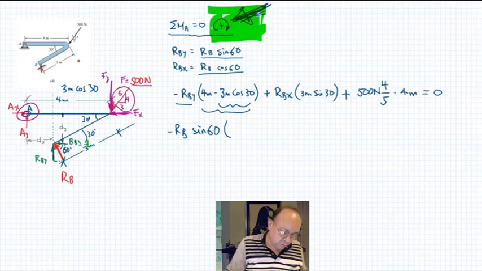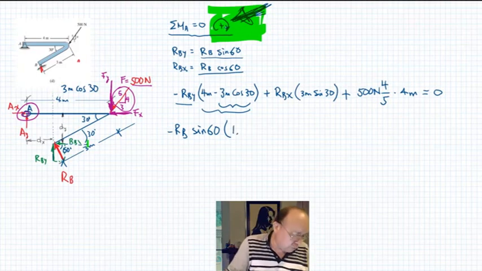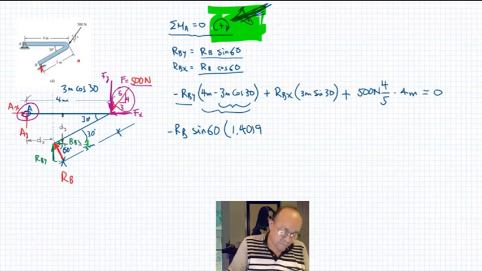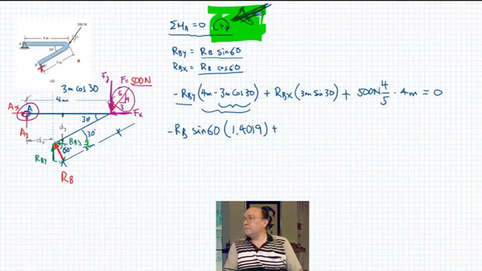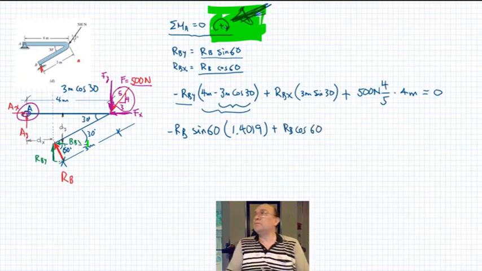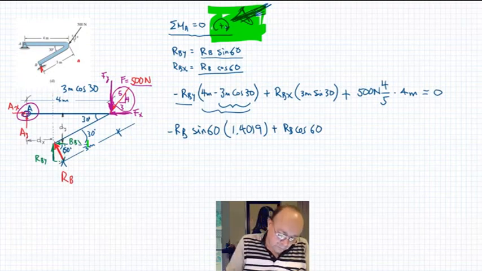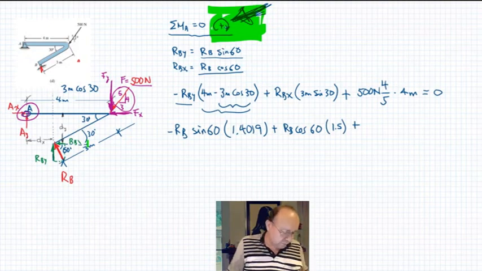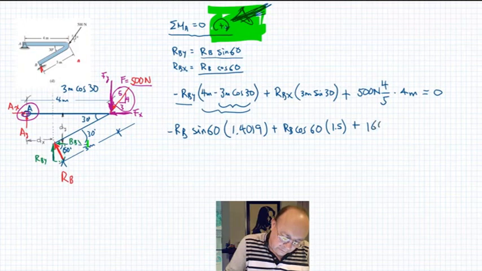That will be 4 minus 3 cosine 30, which is 1.4019, plus RBX, which is RB cosine 60, times 3 meters sine 30, which is 1.5, plus 500 times 4 over 5 times 4, which is 1600, equals 0. So from here we can solve for RB,